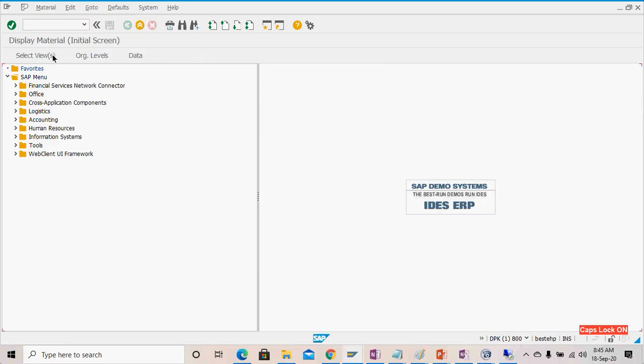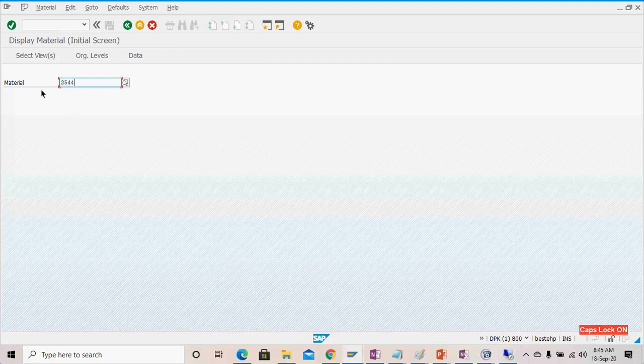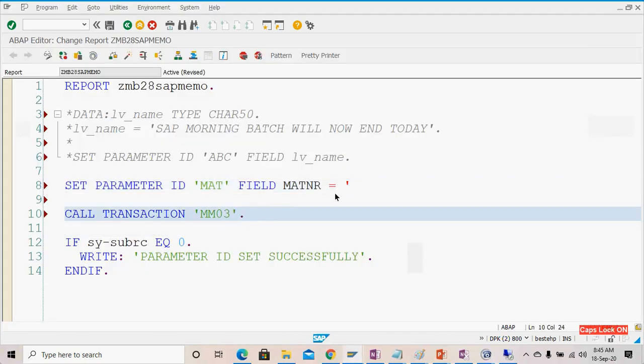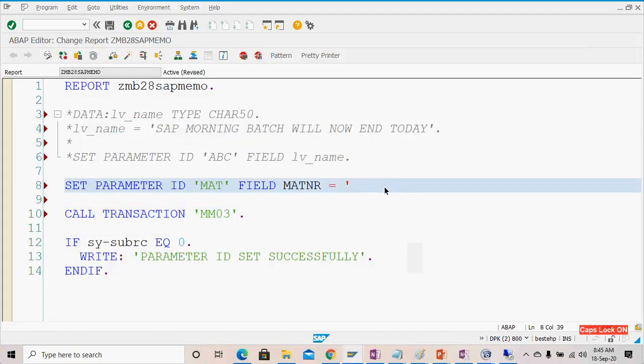Everywhere it will come, in /n MM03 or ME03. I was not knowing that transaction. You see, 2544 in ME03. This is also some transaction. Here also that material is there. So wherever MATNR is there as a data element, it will come automatically, because the MATNR data element is associated with that parameter ID. So using that,